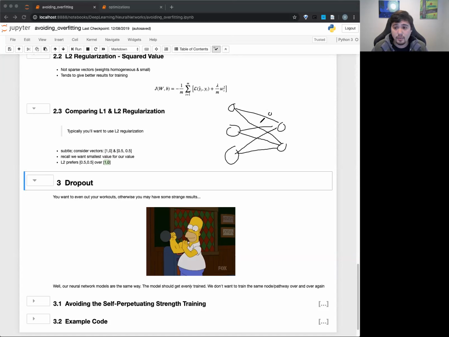Or let's say the weights to this one go to 0 or very small. This neuron is going to be very, very weak. So what's going to happen if I have another hidden layer and it connects to, let's say, these two again? This part is going close to 0, this part's going close to 0, and this one's going close to 0. No matter what number you feed into here, this is always going to be close to 0. So this neuron, we call it a dead neuron.